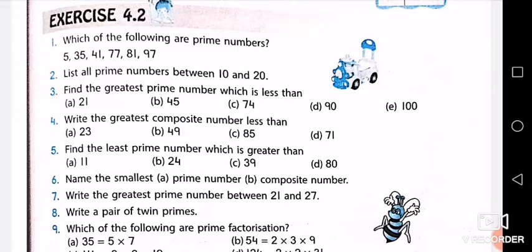Fine. So let's start question number 2. List all prime numbers between 10 and 20. I have shown on that slide also how prime numbers go up to 37. Fine. So prime numbers between 10 and 20. Now I'll speak the number and you have to tell me whether they are prime or not. Is 11 a prime number? Correct. Yes. 12? No. 13?